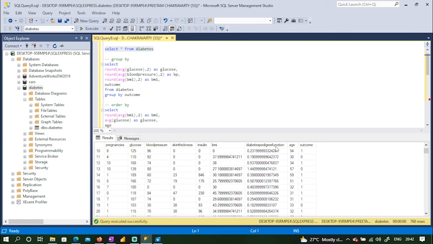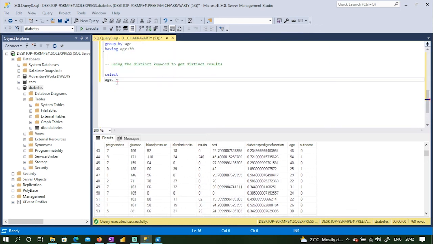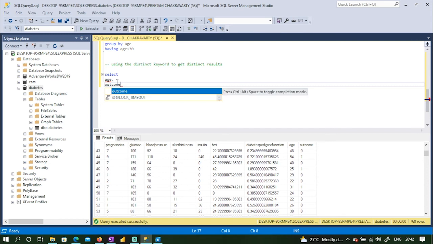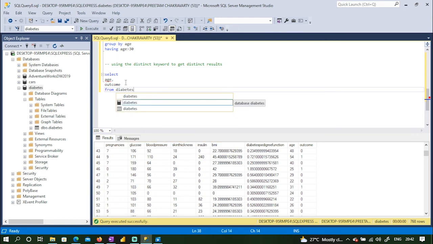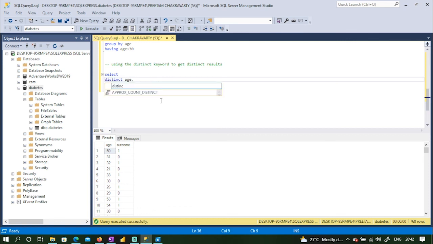Say for example I just want the age, and I want the outcome. Sometimes it can be misleading, but I'm still showing it to you. Suppose I want this and I run this query, so I'll get age 50, outcome 1, outcome 0, age 31, like that. But if I wanted to get distinct age, for example,